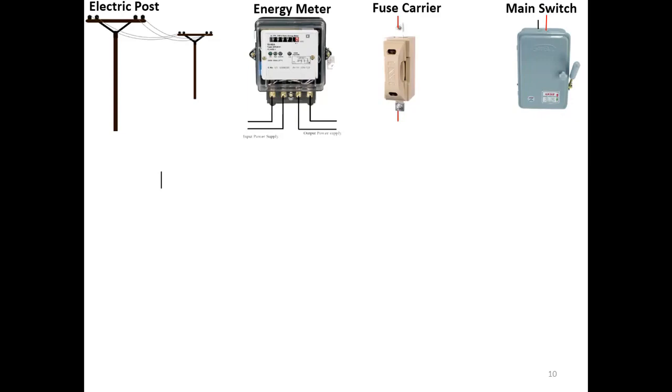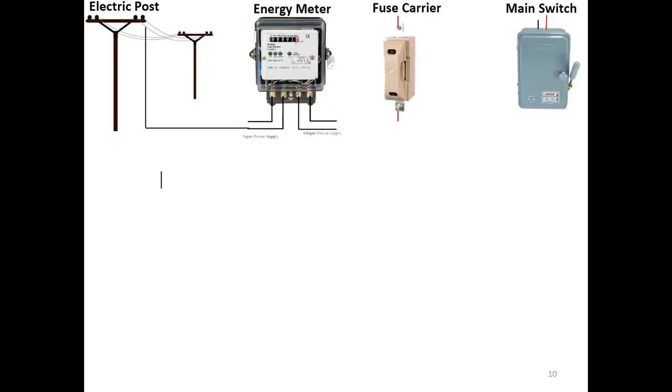We need two terminals. The earth is different. I already told you that the earth part is different. The earth terminal is connected to the load which has a metal part. For example, if you take your grinder, the metal body of your grinder should be connected to the earth terminal and earthed properly. The earth setup is entirely different. As a beginner, if you are able to know the connections of phase and neutral, it is more than enough, right? Now let me explain the neutral connection alone first, then we'll go to the phase connection.